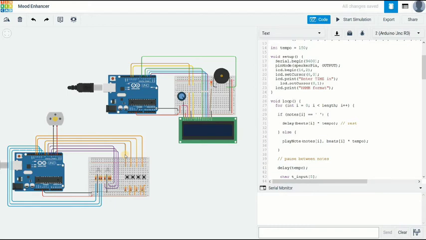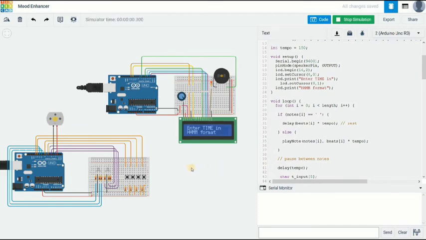In this simulation, we are demonstrating 4 functionalities, them being accepting user input, displaying color, displaying time on LCD screen, and playing music. So to begin with, we start the simulation and the circuit powers up. Here, as said earlier, the buttons replace the Bluetooth module for accepting user input.